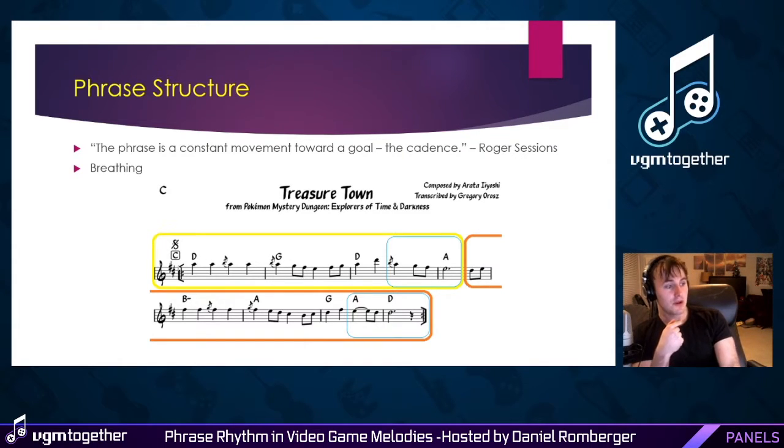So with this example with Treasure Town, ba ba da bum bum bum ba bum ba da ba ba dum bum ba ba ba da ba ba da bum bum bum ba bum ba da da da da da da